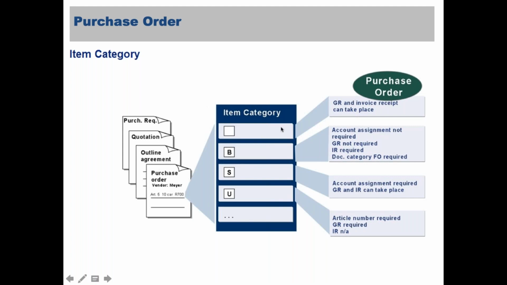So you do a goods receipt, you do an invoice receipt, and accordingly the cost will be booked. Is that clear, or am I confusing? No, clear. Yeah, that's how different item categories will play a role in what kind of PO you are raising and how the accounts should be booked.